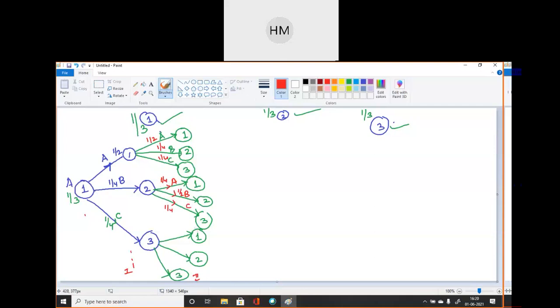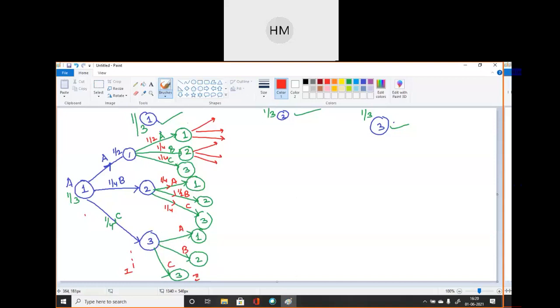Clear? Again moving 3 to 1, what will be generated, students? Please draw this whole diagram. Again you can move further. 1 is producing these 3 states. Yes, next, what will it be? 3 to 1 is A. Very good. 3 to 2 we are having B, 3 to 3 we are having C, and you can write all the probabilities. So this is the concept of the tree diagram.